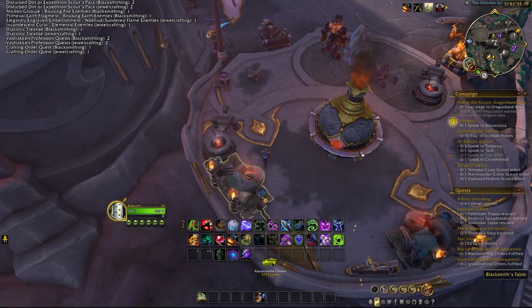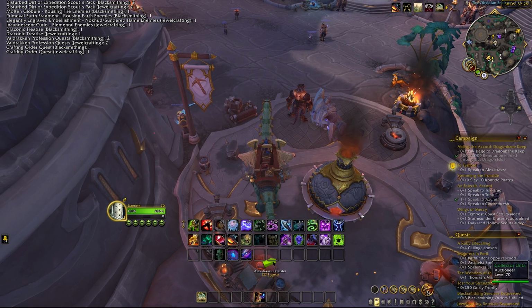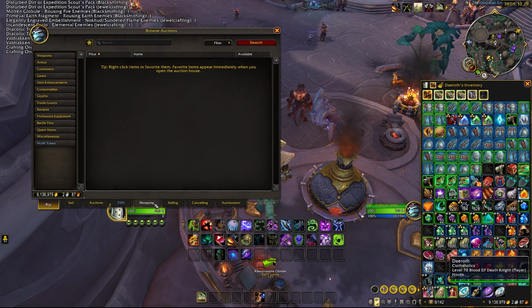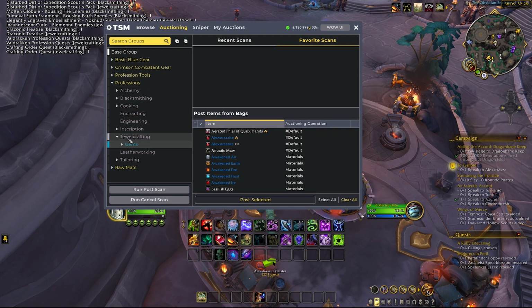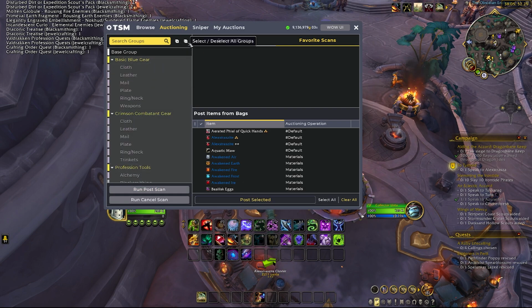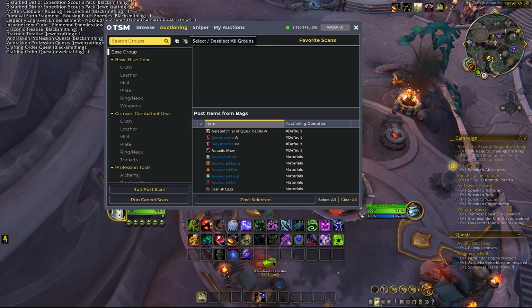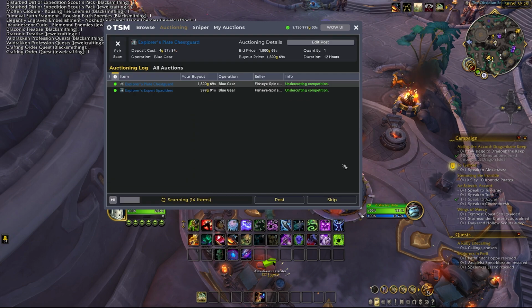And alright, everything is crafted, so now all you would have to do is just go to the auction house or send your items to whoever sells everything. Open up the auction house, go to auctioning, select what you want to sell. If you're just gonna do everything, you can select everything besides base group. But in our case, this is just the crimson gear. I don't want to accidentally auction off materials in my inventory, so we'll just select that, hit post,